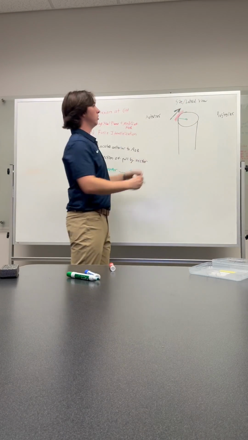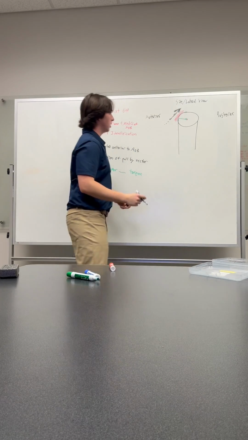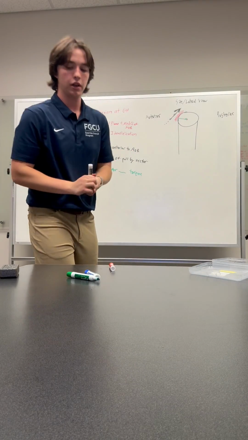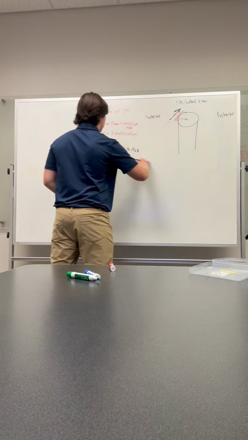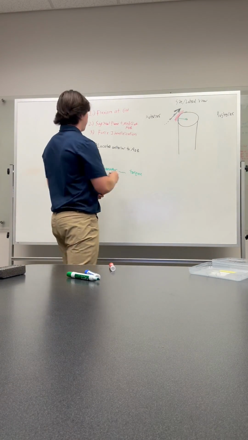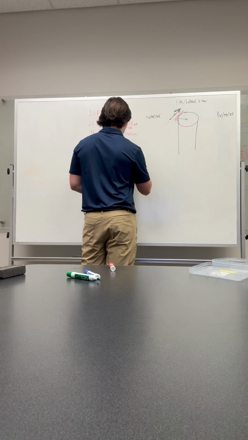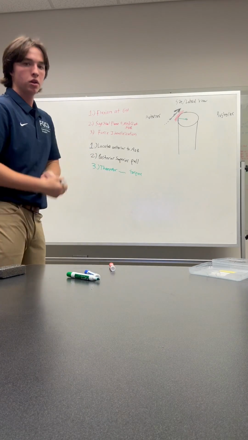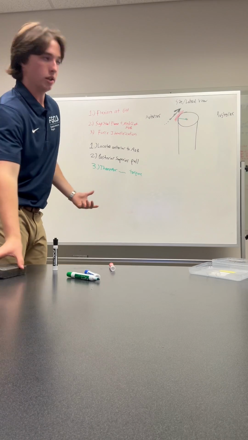That is the direction of the pull. So the direction of the pull by the vector is a posterior superior pull. And then, as I said before, to get the final step, which is just your answer, you're just going to